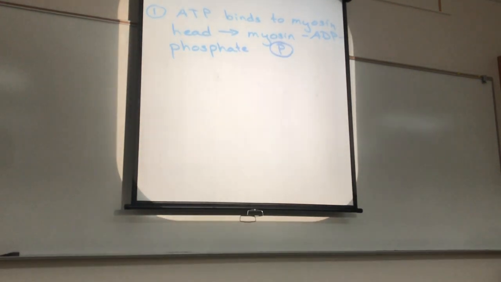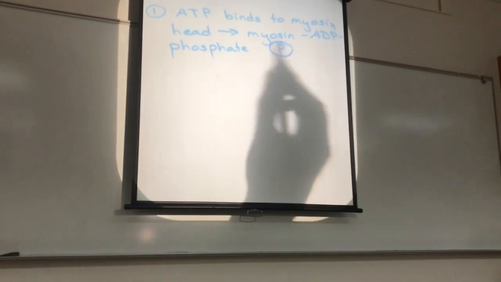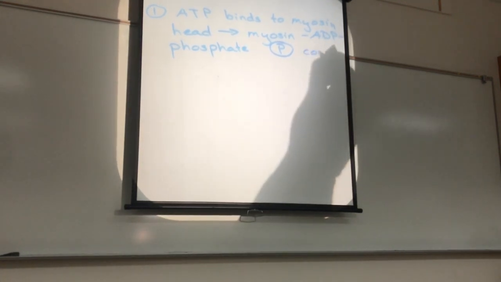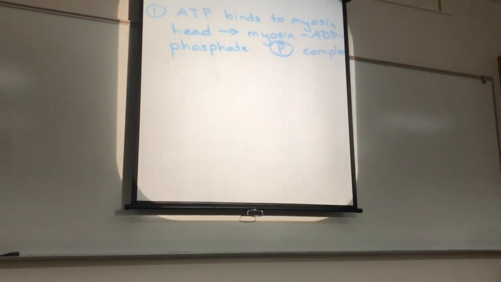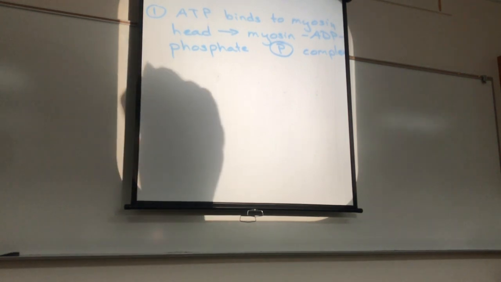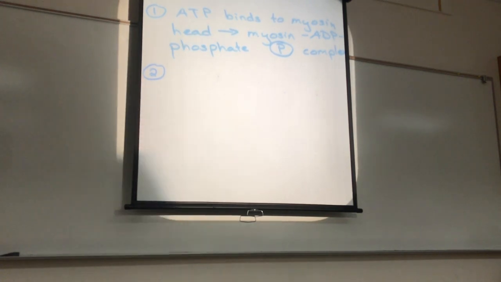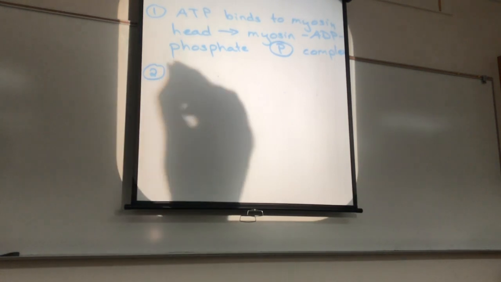Now, a real quick way of symbolizing a phosphate is a P with a circle around it. So the myosin head will bind a molecule of ATP, break the ATP, but will hang on to the phosphate and the ADP, forming a myosin ADP phosphate complex. Now this complex has a very high affinity for actin. So the myosin head, once it has the phosphate and the ADP,